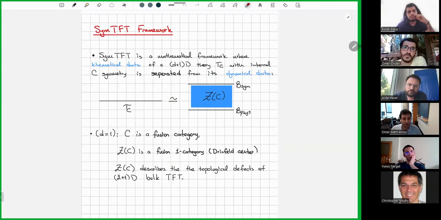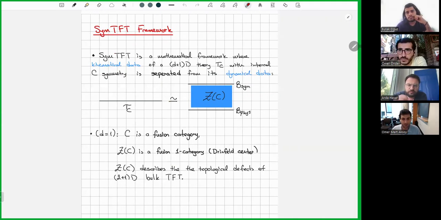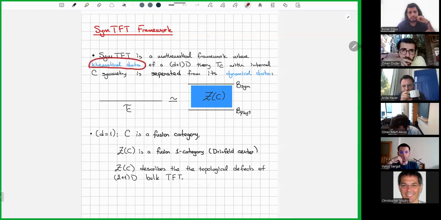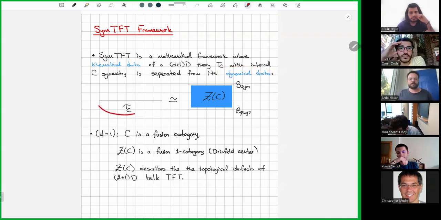Okay, what do I mean by SymTFT or Symmetry Topological Field Theory framework? It's actually a mathematical framework where, given some theory in d+1 dimension, you use the so-called topological field theory in one higher dimension to split the two parts of this theory, namely the kinematical data, I'll explain further what that means, from the dynamical data of the theory. Roughly speaking, here I have a theory in d+1D with some symmetry C. This C,